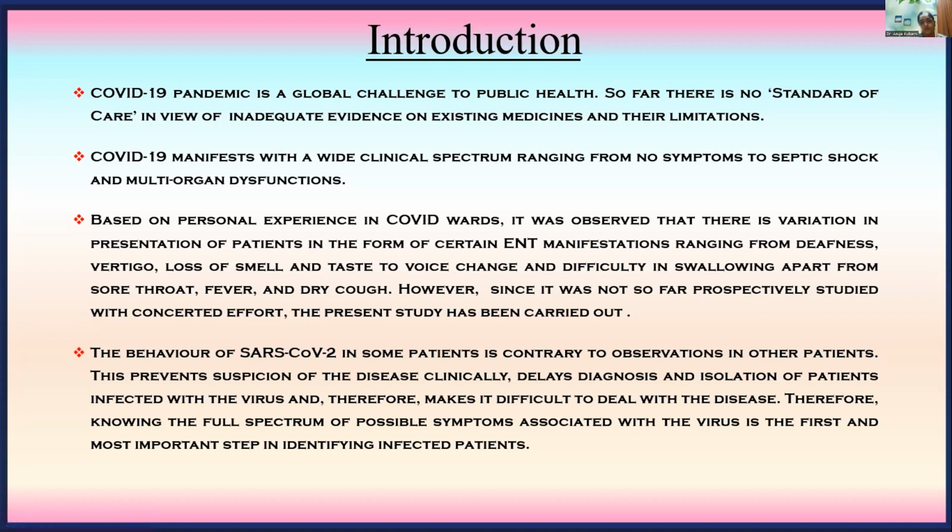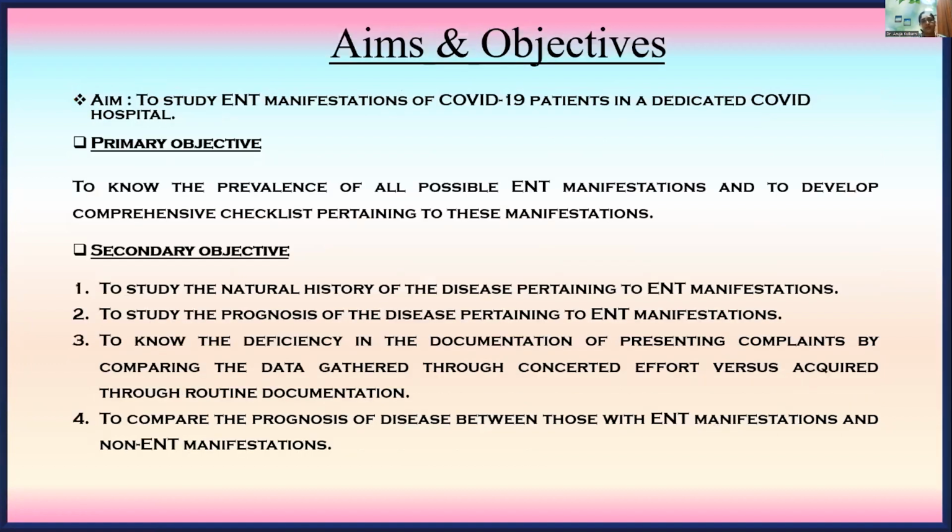Therefore, knowing the full spectrum of the possible symptoms associated with the virus is the first and most important step in identifying infected patients. Hence, the study has been carried out with an aim to study all possible ENT manifestations of COVID-19 in patients in a dedicated COVID hospital, with a primary objective to know the prevalence of all possible ENT manifestations and to develop comprehensive checklists pertaining to these manifestations, with secondary objectives being to study the natural history of